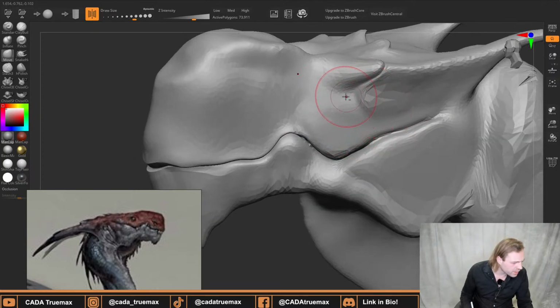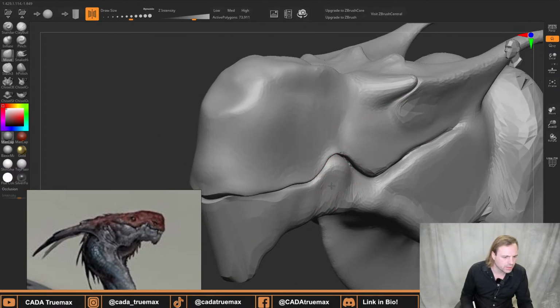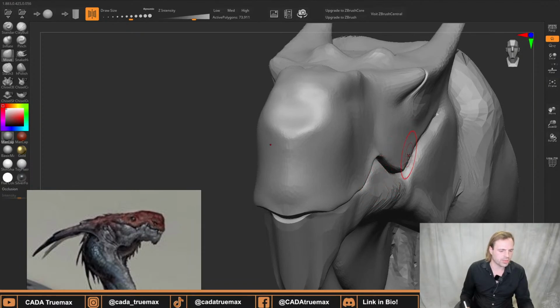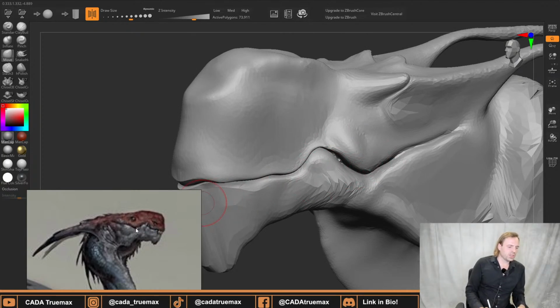Let me see, is there anything else I would really love to define right now? Maybe want to move this out a little bit. Working with 3D and then 2D on top of it will also teach you how forgiving 2D art is. When we look at concept art, how forgiving concept art is compared to when you have to make that work in 3D. And this jaw is one of those really good examples, because we can see here, the top jaw has an overbite,